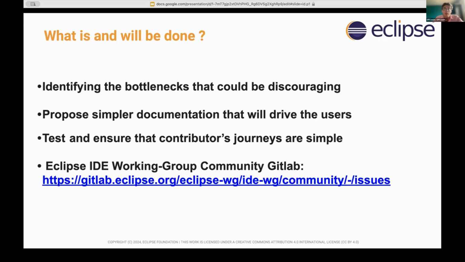So one of our missions is to retest and ensure that all the contributors' journeys are simple. There is a lot of tooling which is very, very powerful, but we must be sure that it will work in the minimum number of clicks, actually. So this work is